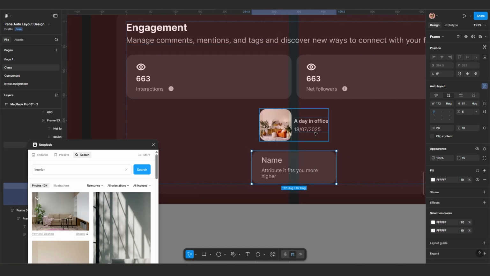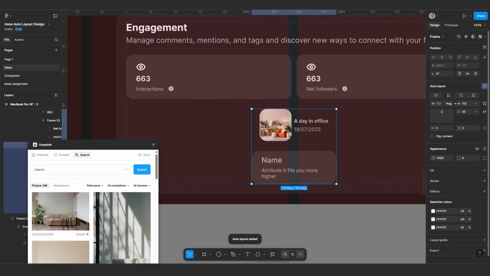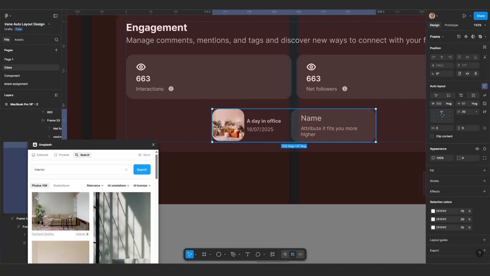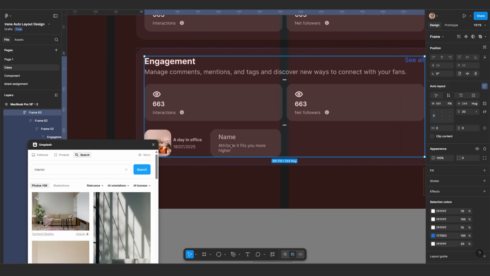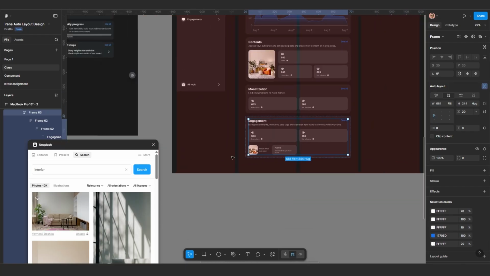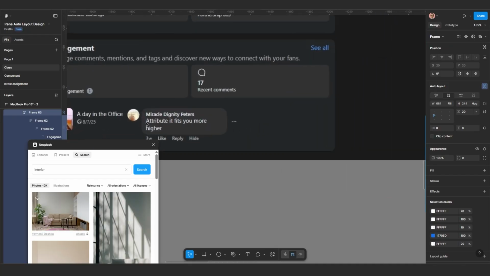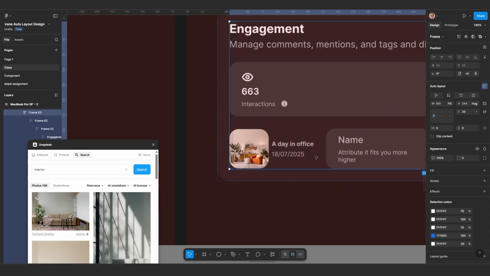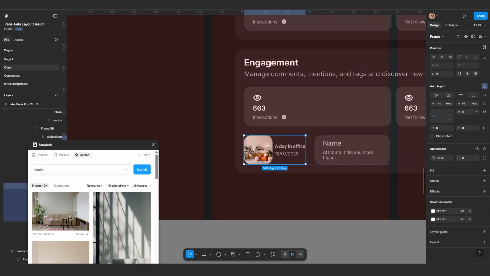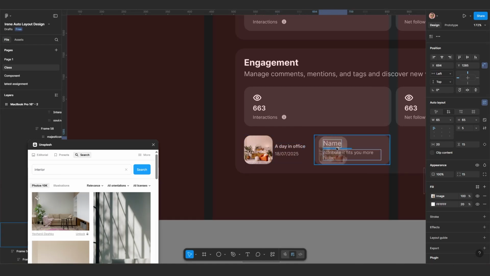Now I will select this one as well, Shift A, right, and then horizontal, and align like this. Okay, you can see I formed it, and it's nice. So we even have the photo of the person commenting, which you can also do just by duplicating this guy out,